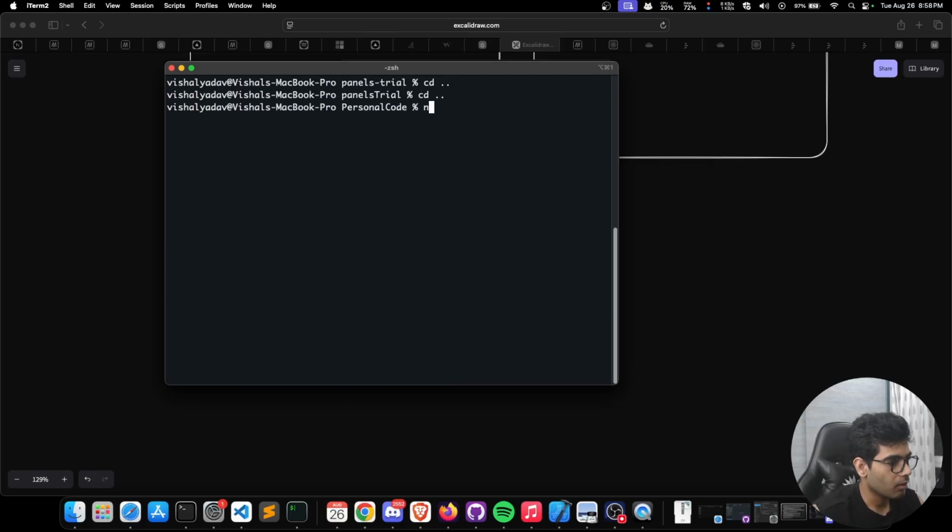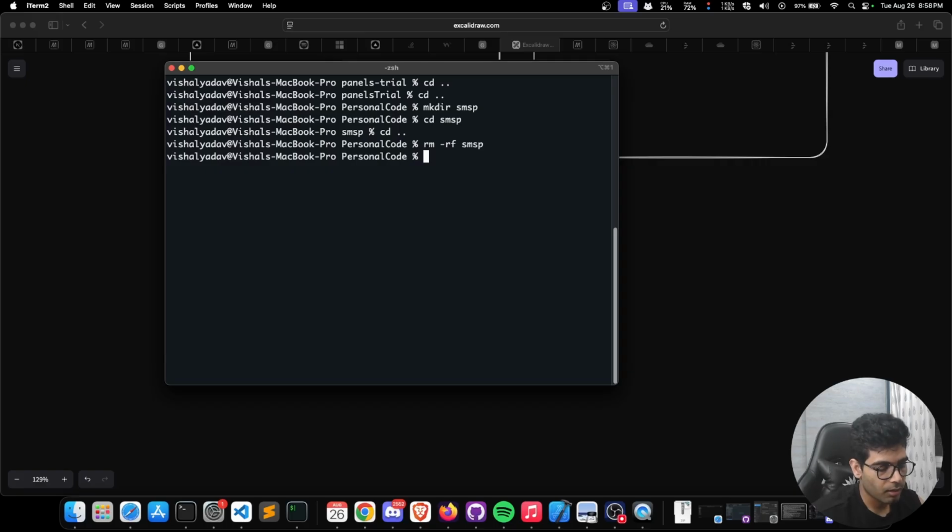Let's create a folder called Spotify Music Collector SMS for project 3D SMSP. And then over here, actually, I should be going back. I will just remove SMSP. I'll let React create it. I'm using NPX here. So latest,